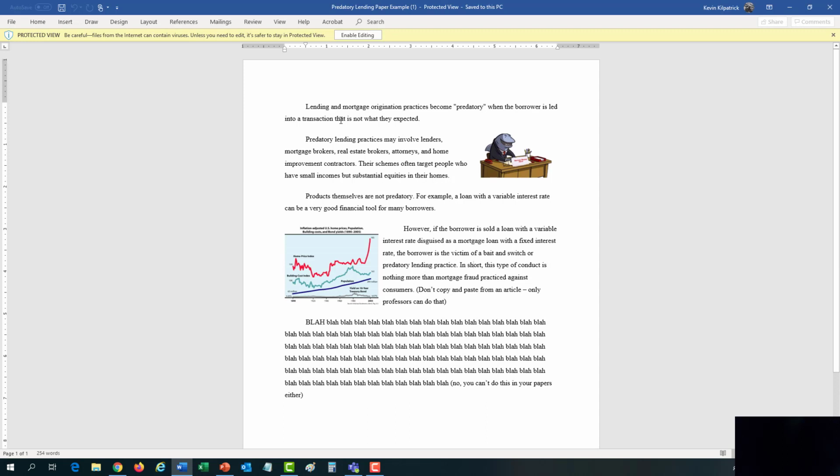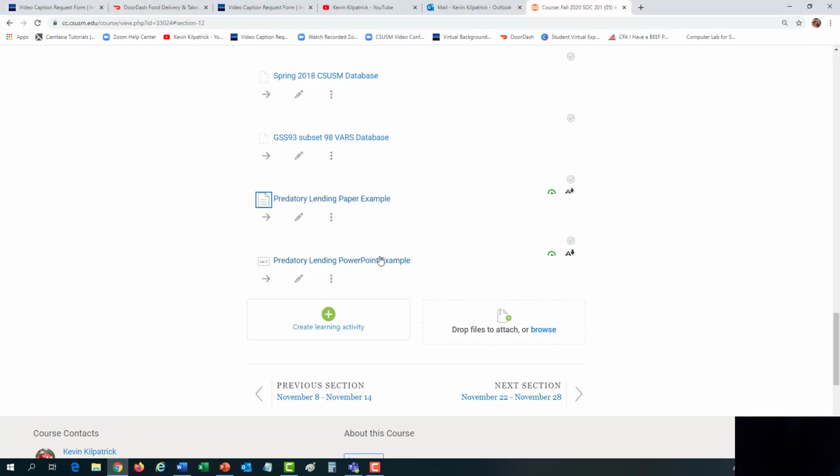All papers are double-spaced, okay? I think I already went over word wrap. So if you have pictures or graphs, wrap that text around it. It looks really cool. But a paper is a paper. You know how to write a paper. Double-spaced, do that, do that, do that. The difference in a presentation is